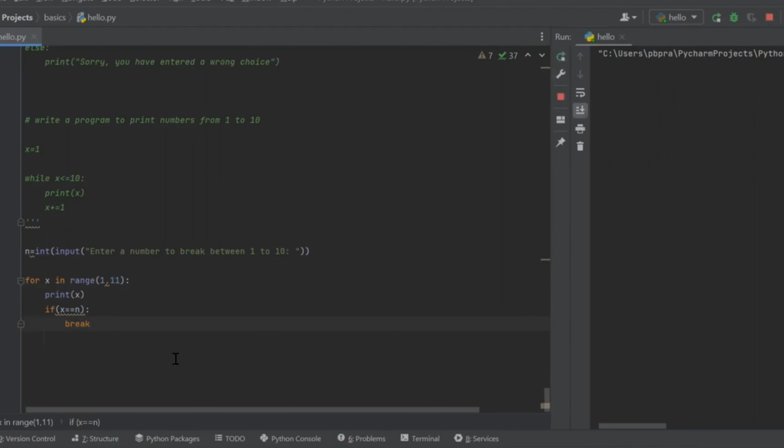Now what happens if I run it? See, if I give 4 here, 4 is getting printed this time. What happened here is I have done a slight change. Whenever it enters the loop, it will print the number, then it will check. So every time 1 is entered, 1 will get printed, then it will check whether 1 is equal to